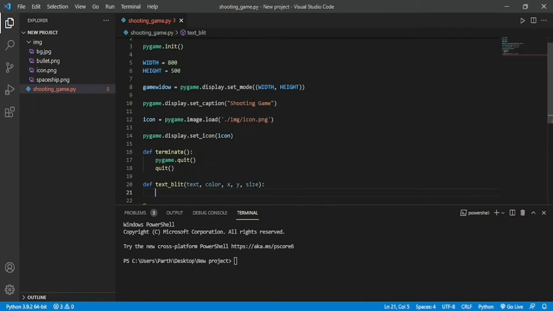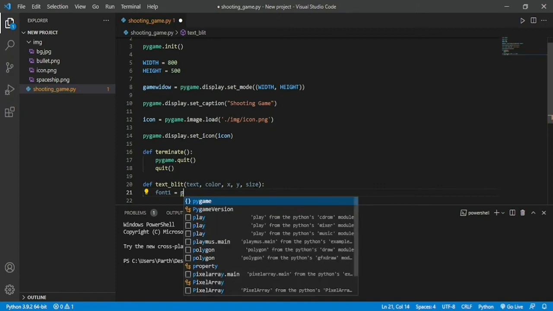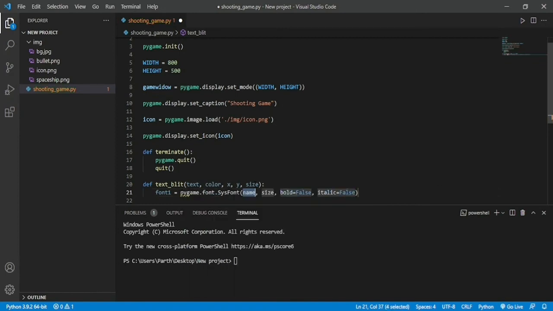We are going to use a system font, and we are going to put it into a variable. Let's just call it a font1 variable, and for the font we are just going to use system font. Yes, pygame.font.SysFont. It basically requires two arguments. First is a name and second is a size. Bold and italic are not necessary. You can delete it if you want. So we don't need italic, so let's just remove it. We are going to use bold. So it is a boolean argument. So let's just put it a true.